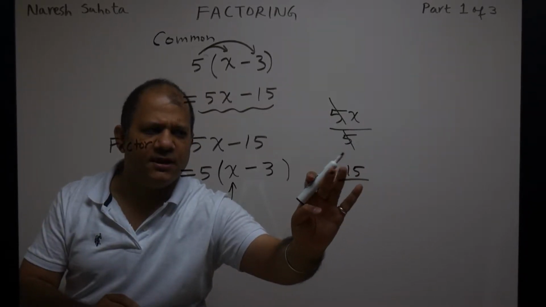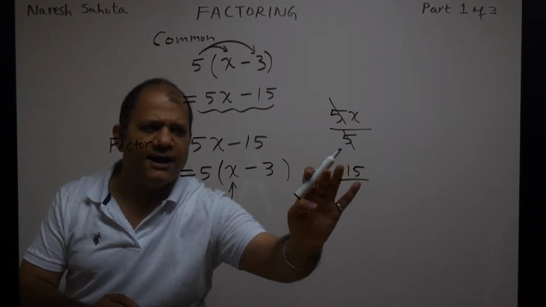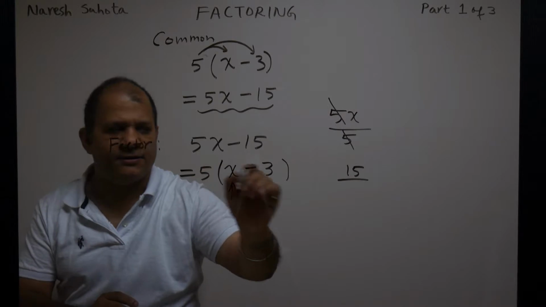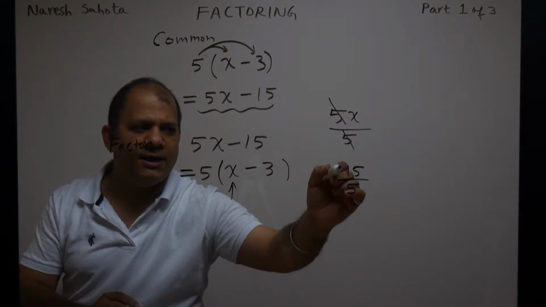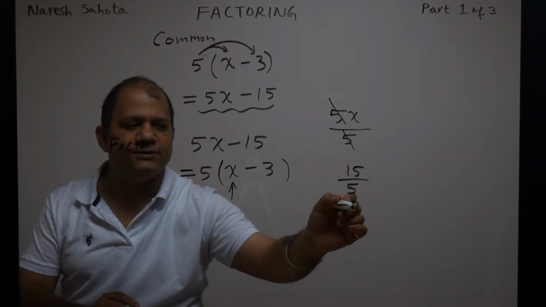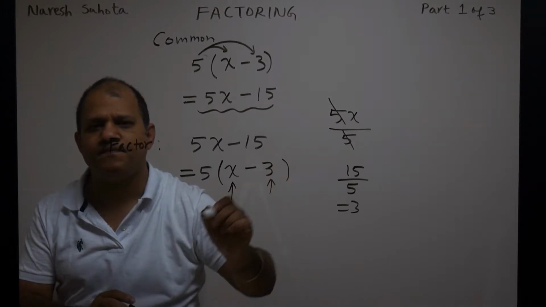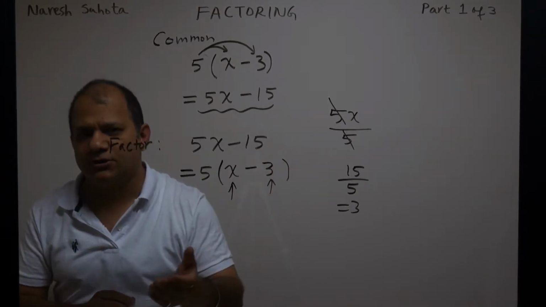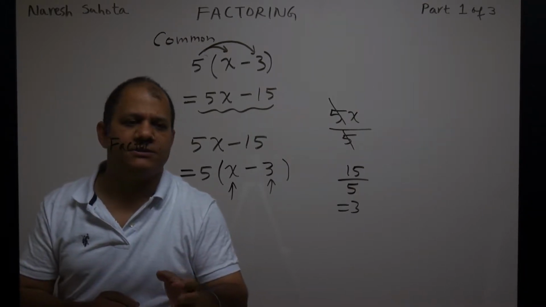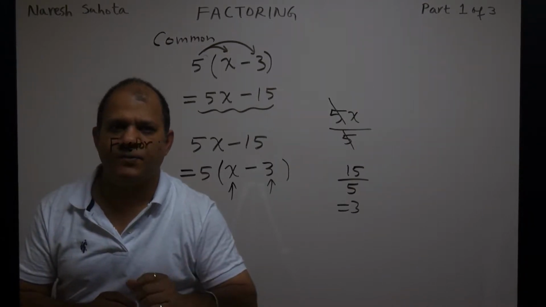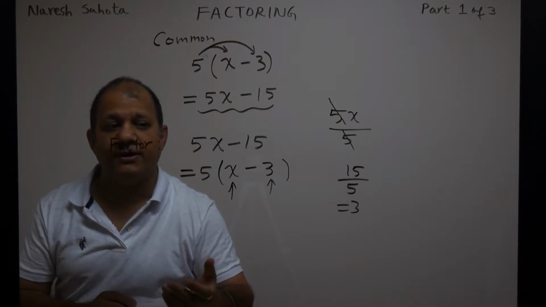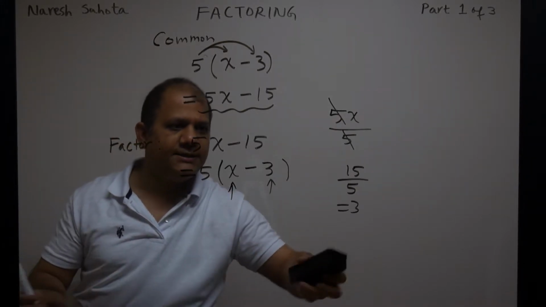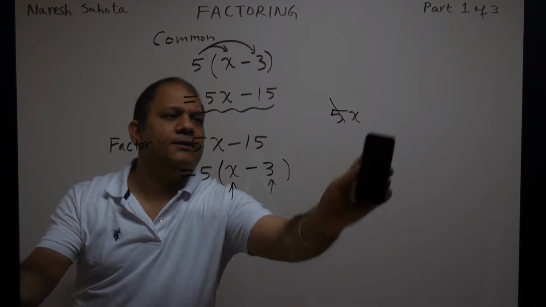Actually, let's take out the sign because we can worry about the sign afterwards. So 15 divide by the common factor that you took out. So now what's 15 divided by 5 is 3, and that's how we get 3. Okay. So that's a very simple question where a common factor happens to be a number. Can we have letters, the variables, as common factors? Yes, we can. An example of that would be